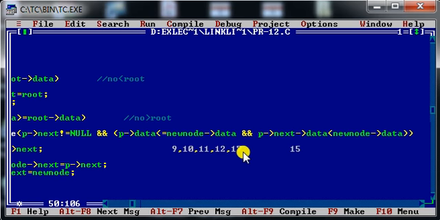But 15 is not greater than 17. As you can see over here, 17 is larger than 15. In all the previous cases, 15 was greater than all the elements, but in the case of 17, 15 becomes less than 17. So now I have to stop.